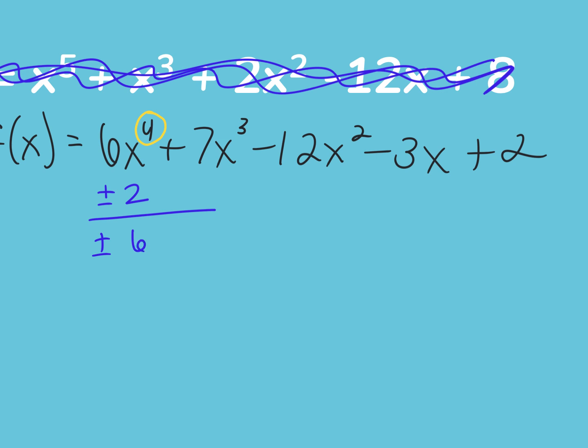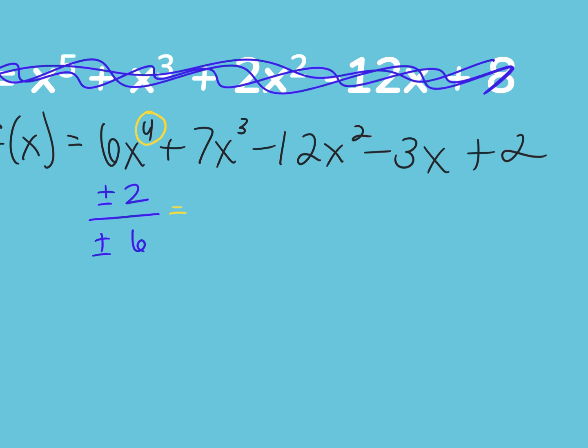This is where things get a little harder, when the first term, the leading coefficient, isn't 1. When it's 1, it's pretty simple. When it's not 1, you have to list all the possibilities. This is just where you have to think a little bit. How many possibilities do I have in the numerator and how many in the denominator? It's not just 1 in your denominator anymore. So the way that you would list out all your possibles,